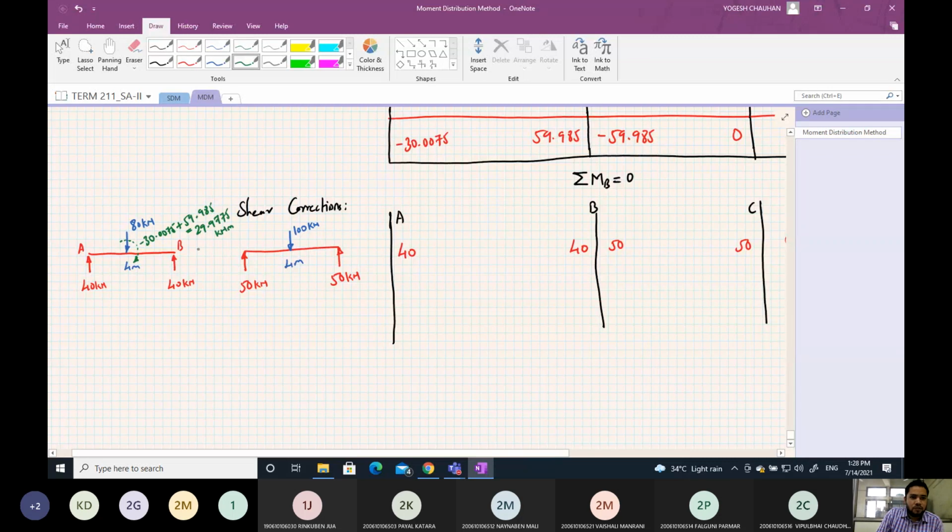Kilonewton meter. So this is the unbalanced moment. Now, the positive sign shows that it is clockwise. So this is clockwise. So the reaction resisting this moment will be anti-clockwise. So we'll have anti-clockwise here. So this will be